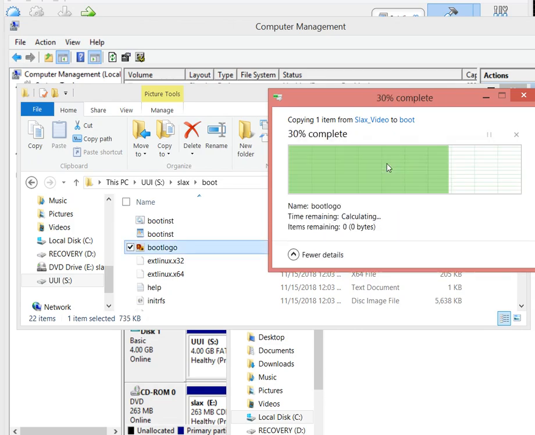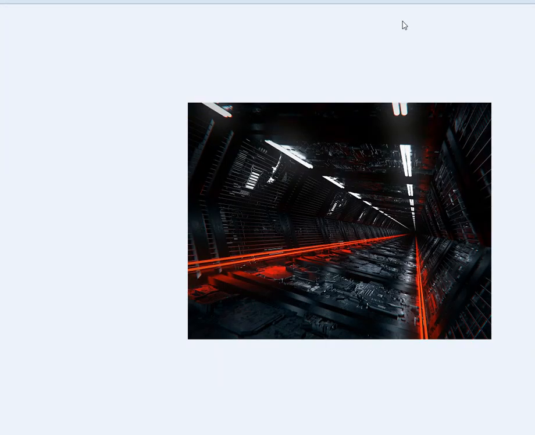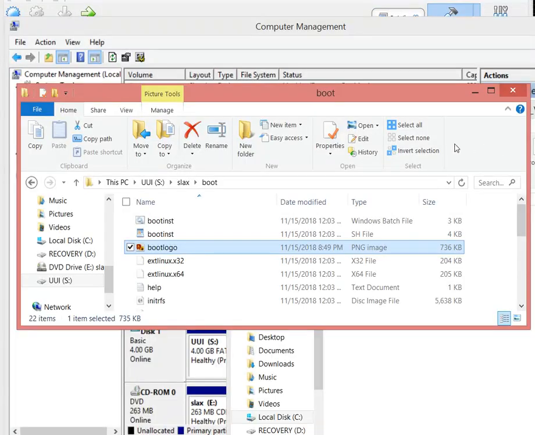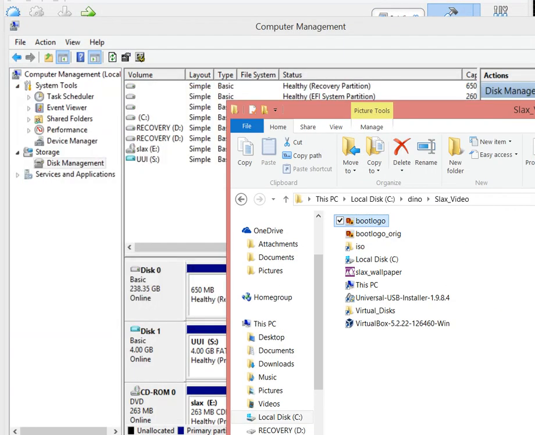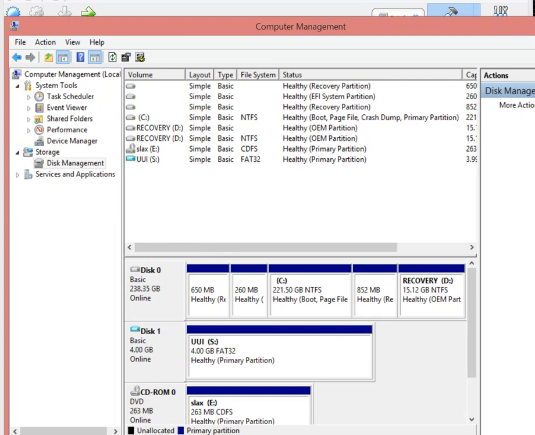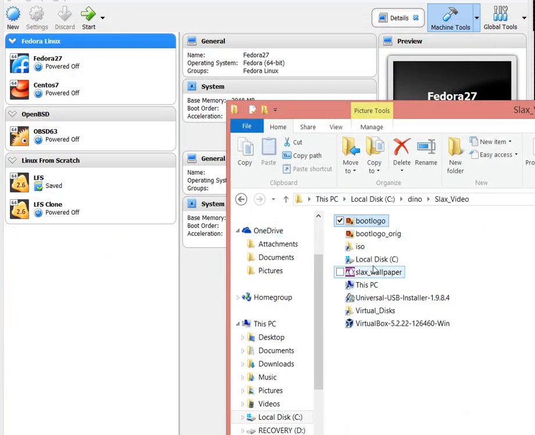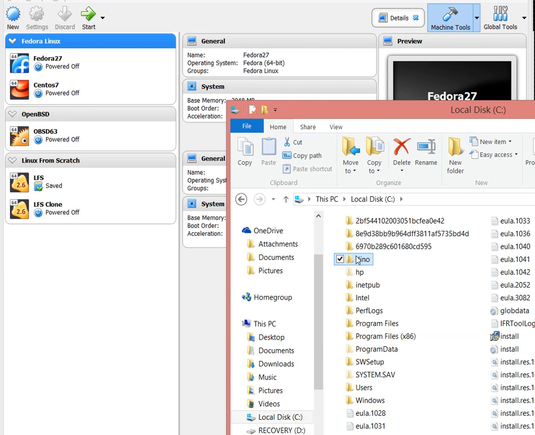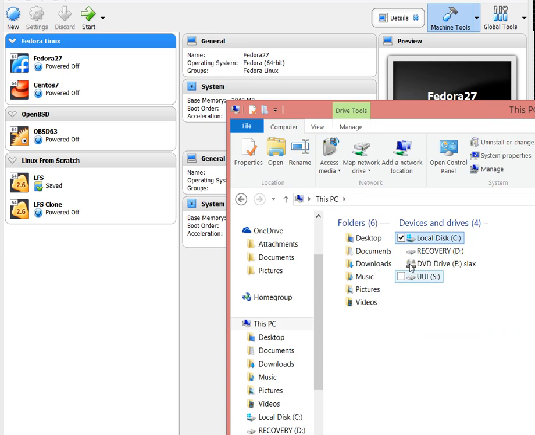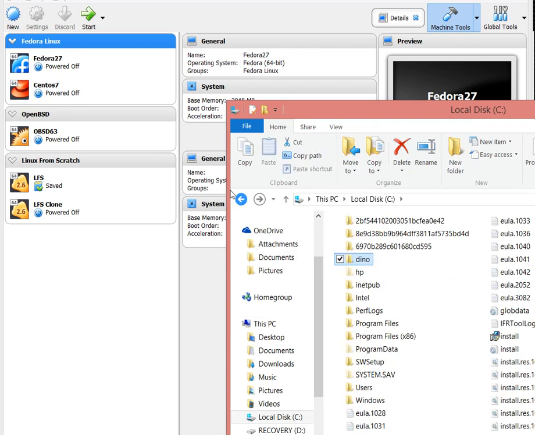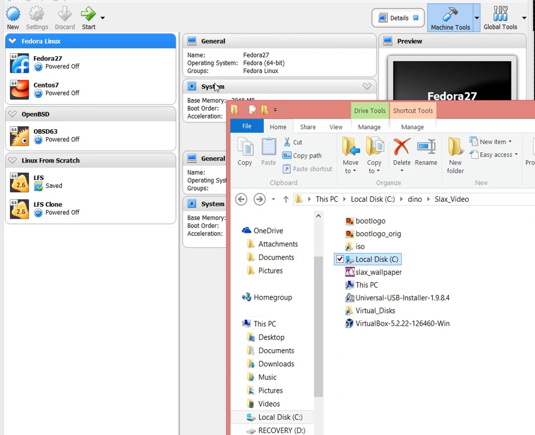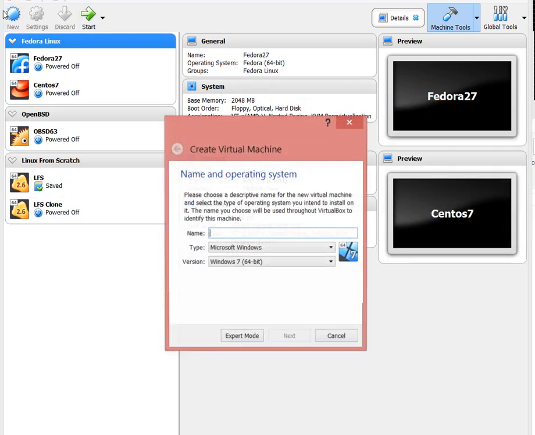I'm gonna just copy and override that. So the new logo is gonna look something like this, much better. So that being said, I can just close my computer management, and eventually I can dismount or eject my drive. In that case, I can go back to VirtualBox and create another Slacks demo, and this is going